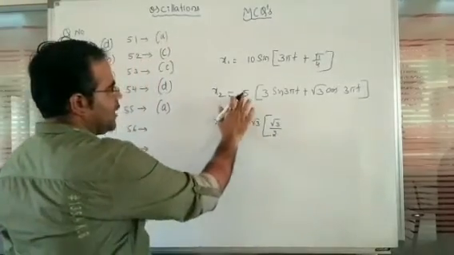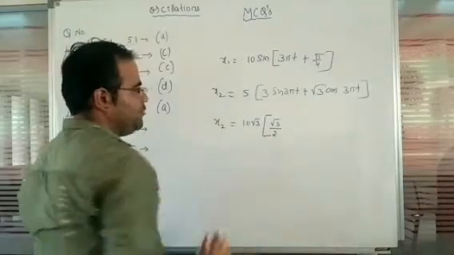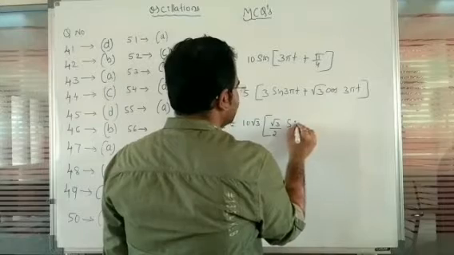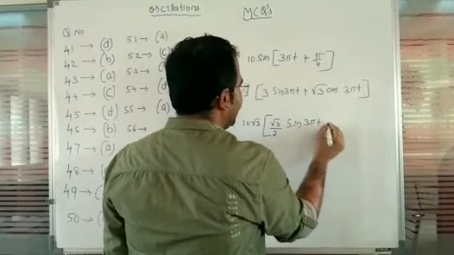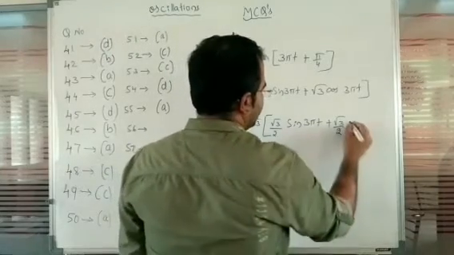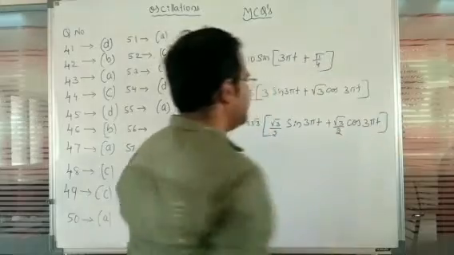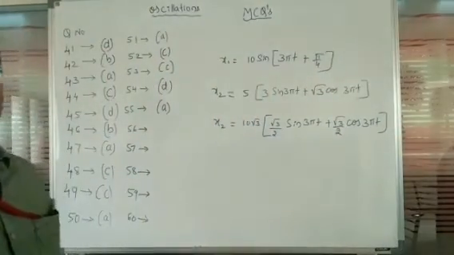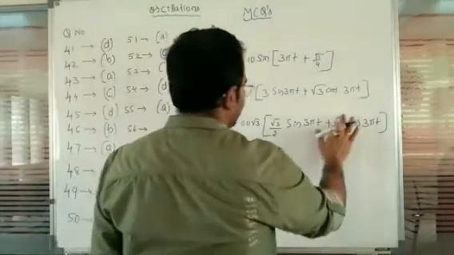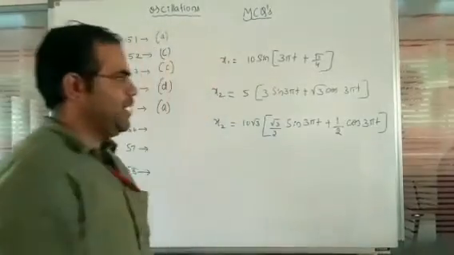So this will get as 5. Again, root 3 into root 3 is 3. So if you simplify, again the same value you are going to obtain. Next, sine of 3 pi t plus root 3 divided by 2 multiplied by cos of 3 pi t. So you are just alternating the equations here. Sorry, this is not root 3 divided by 2. There root 3 is taken as a common term. So this is 1 by 2 here.